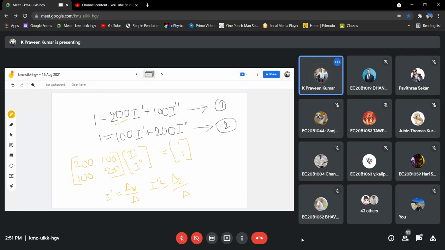What is this delta? Delta is the determinant of this matrix, right? Let us say this is A. The matrix determinant will give delta. Similarly, for delta 2, replace the second column with the constant matrix. So calculate what is I dash and what is I double dash.